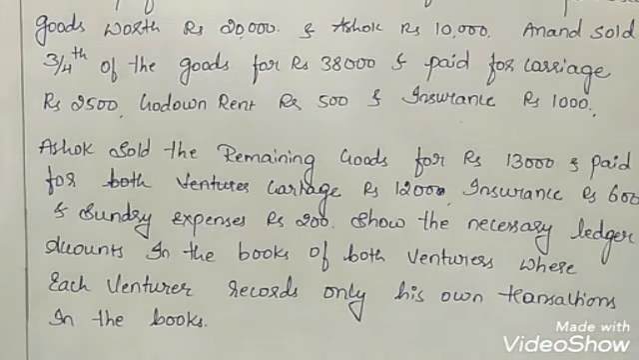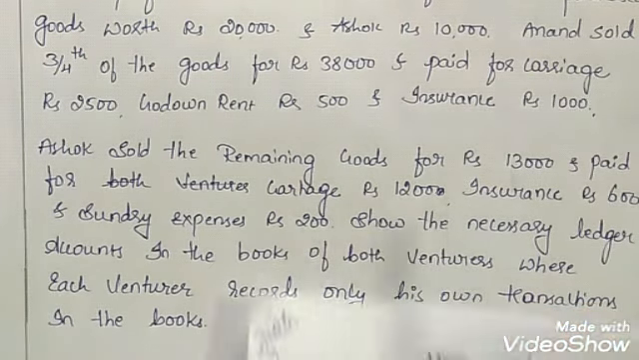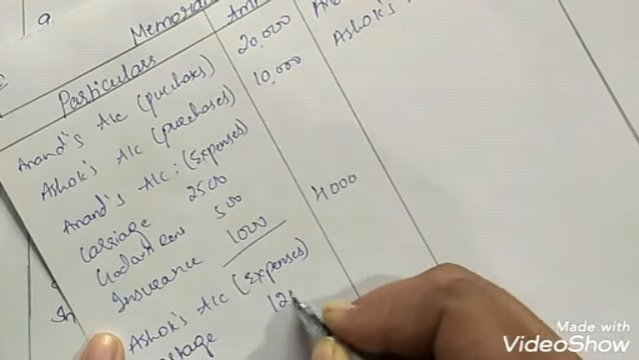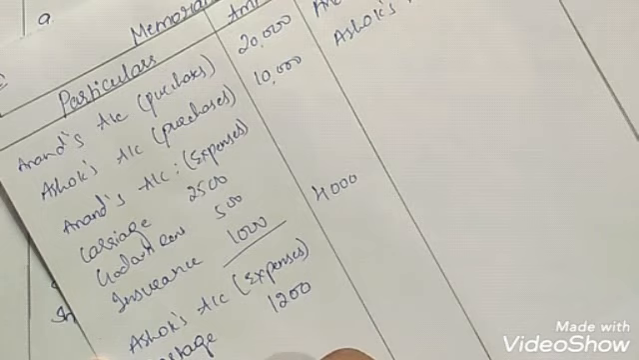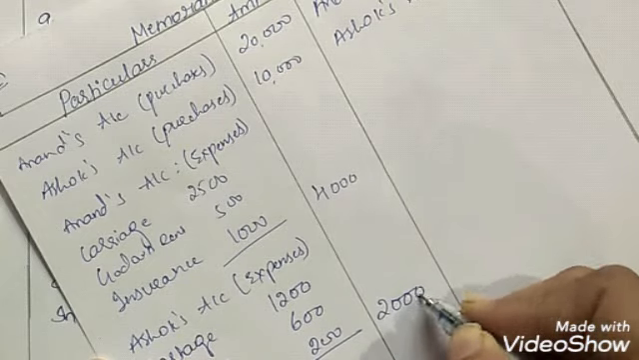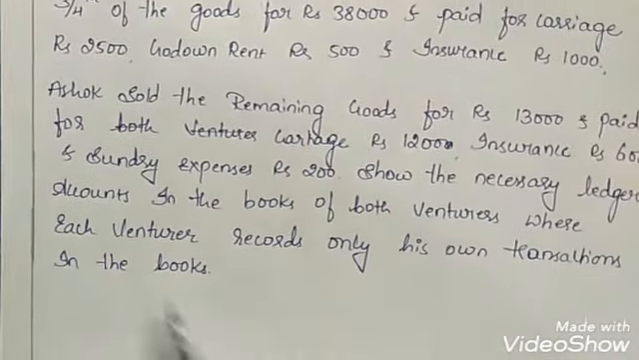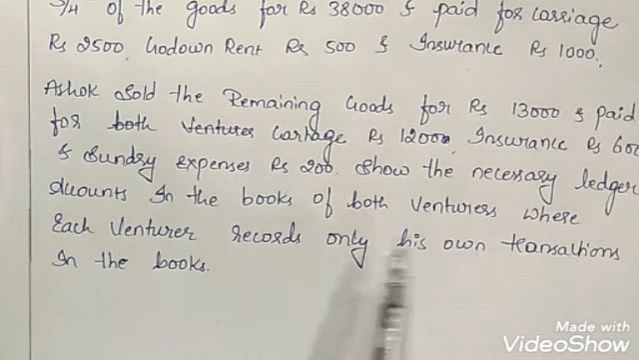Okay, so he has paid for cartage 1200, insurance 600 and sundry expenses 200. In total he has paid 2000 rupees for expenses. Clear? Next, show the necessary ledger accounts in the books of both venturers when each venturer records only his transaction